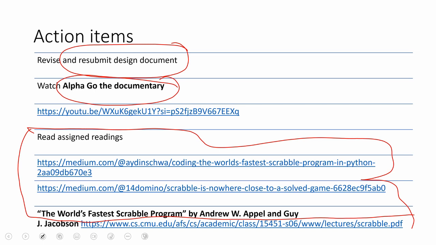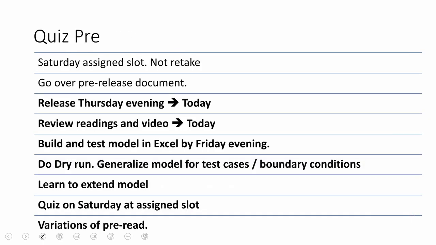What will be coming up in the quiz, which is planned for tomorrow, is you have a Saturday science slot. एक key change इस दफा which is very important is that there will be no retake on Sunday. So you only get one shot. There is a pre-release document that was sent out yesterday. Make sure that you have it and you've reviewed it. आज आपका primary objective is कि that pre-release package includes the instructions and guidelines for building a generic model. तो वो जो guidelines and instructions हैं वो focus करती हैं on word generation. That is the piece that we're covering.